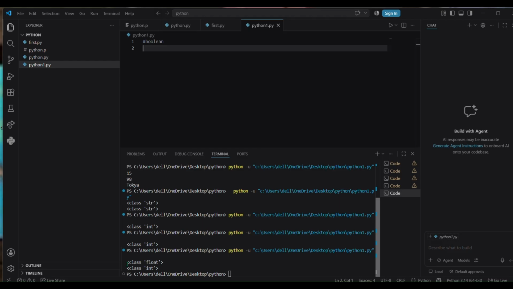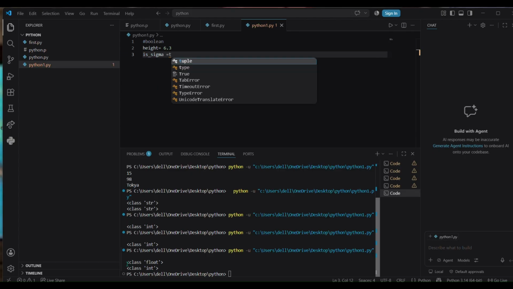This is a very interesting data type. When I got to know about it, I was a little surprised at what this variable can store. There are only two possible values, true or false. So for example, suppose I am storing my height as 6'3", a performative male. So if sigma equals yes, that is true. But suppose your